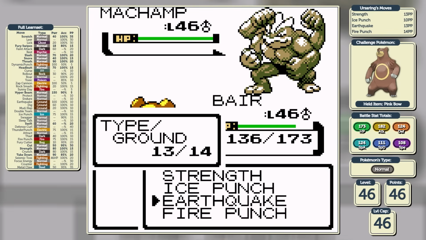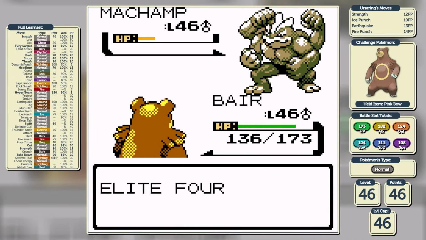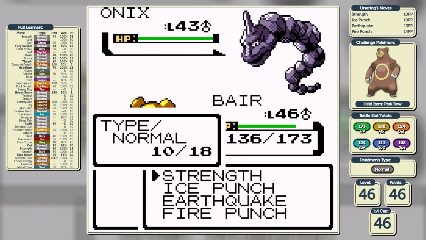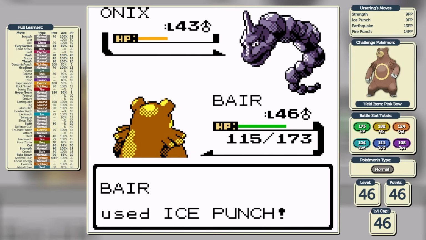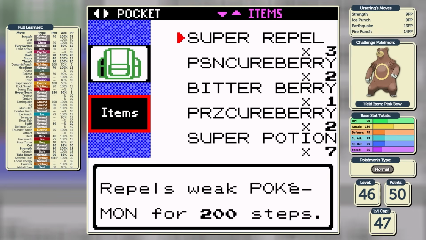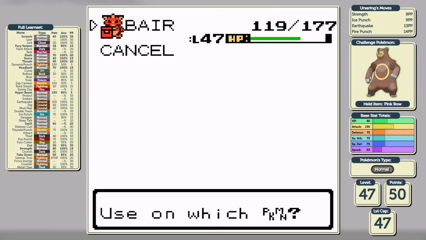Earthquake's not going to do much. I don't think Fire Punch will, or we can just double strength and hope for the best. He's gone for Foresight. Why are you Foresighting, mate? Where is the need for Foresight? You have just thrown that battle. I'm nearly throwing this battle. I misclicked there on Strength instead of Ice Punch. I'm not going to whinge though. Bruno through. That gets us our new level cap of 47, which we will immediately get to, and we are